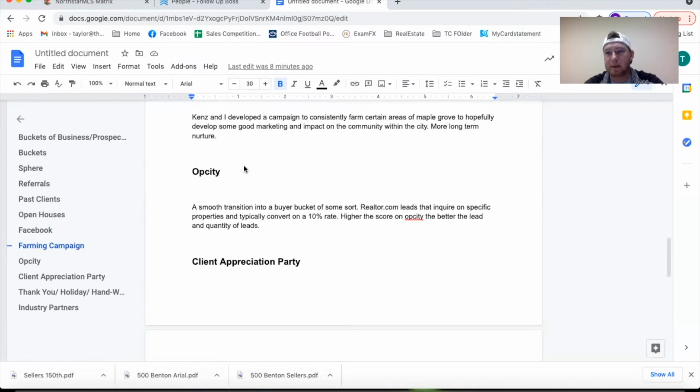It can vary in price points, man. These things can be all over the place, from $50,000 leads to $500,000 lead houses, right? So there's nothing promising about that, but it's a really good way to fill a database, get contacts in there, and generate transactions to get experience, and also referral partners. So another good option, but like I said, they can kind of go all over the place.